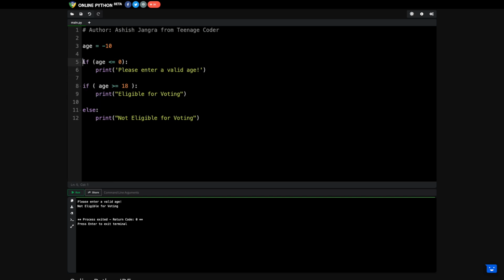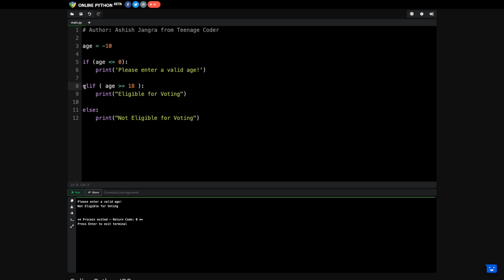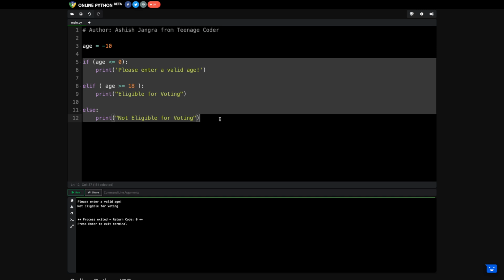So what I will do, I'll check if the user is entering a valid age or not. If the user is not entering a valid age, I write please enter valid age. Otherwise, I will write elif, right? What this elif will do, if I'm writing elif, then all these come under one condition, right?